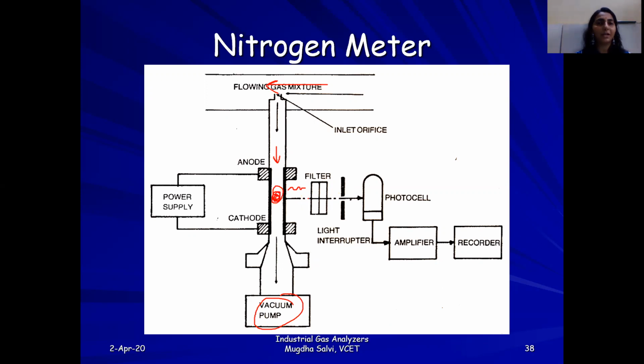The filters will normally be tuned to the type of gas we want to measure. For example, if this is a nitrogen meter, I will have to use a filter tuned to purple color, because when nitrogen absorbs energy and relaxes back to its ground state, it will give out purple color. We have to identify that purple color using a photocell connected to an amplifier and then record or display it accordingly. So this is how a nitrogen meter will work. Similarly, if I want to measure some other gas, I can apply the same technique to it.